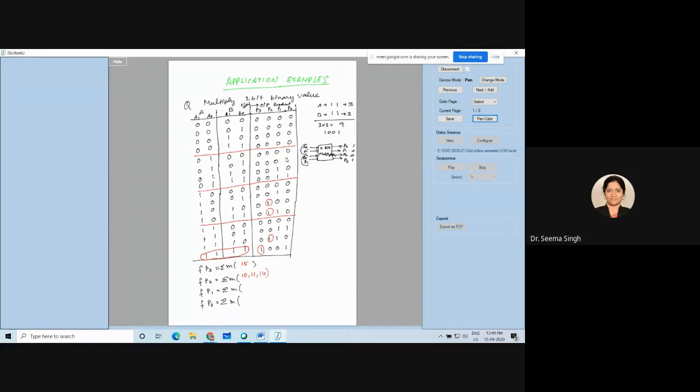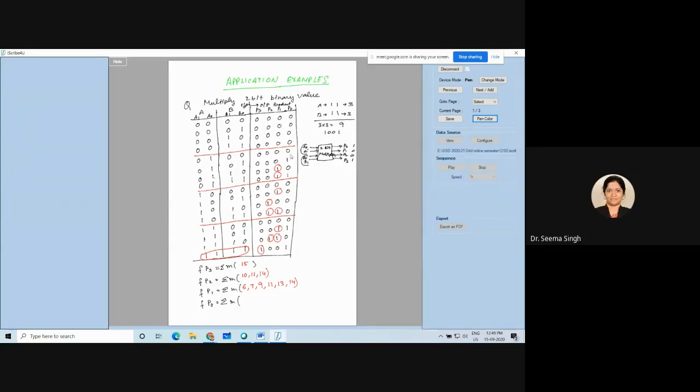What is P1? P1 is 1 here, here, here, here, here, and here. So many. So I have to see it carefully. So this one is 6. So it is 6, 7, 9. Correct me if I am wrong, okay? Then after 9, 11, then 13, right? And 14. Is this correct? Yes, ma'am.